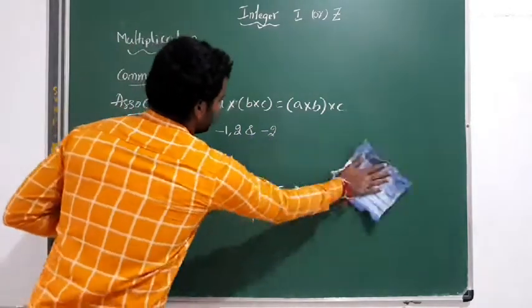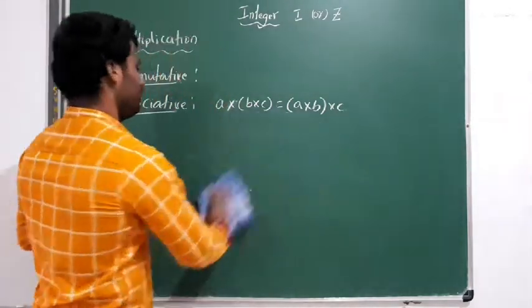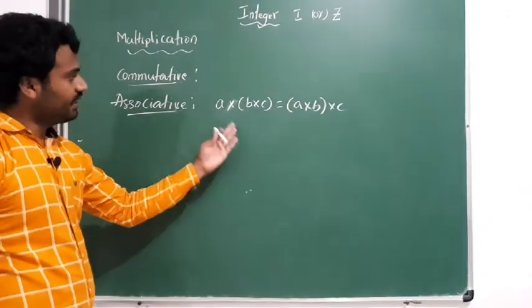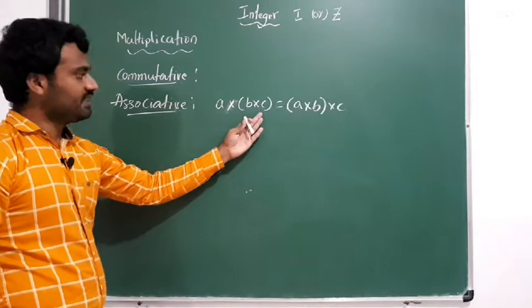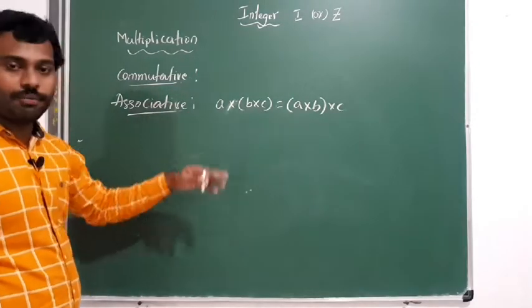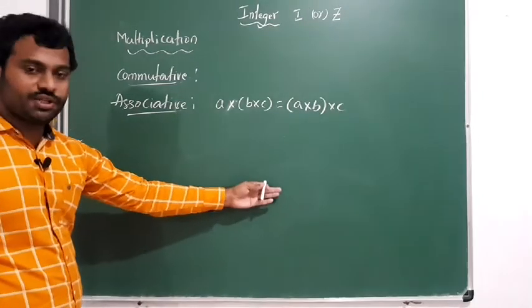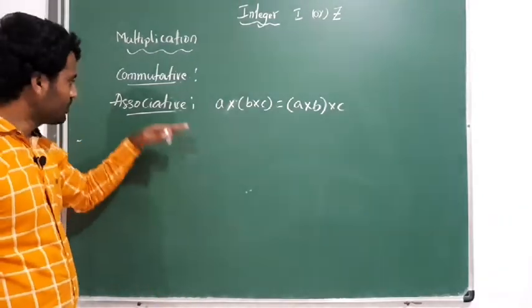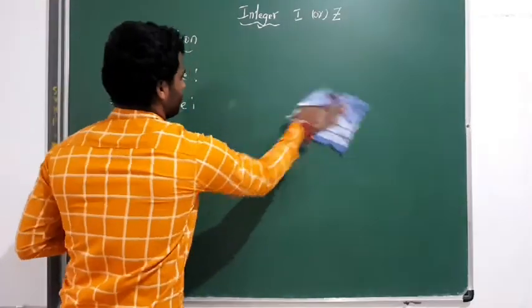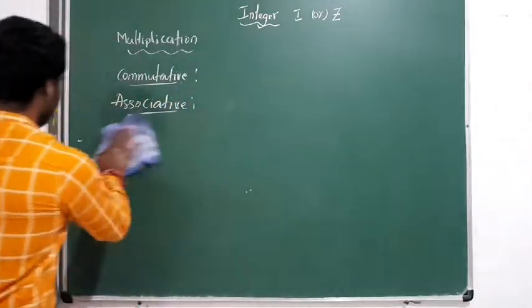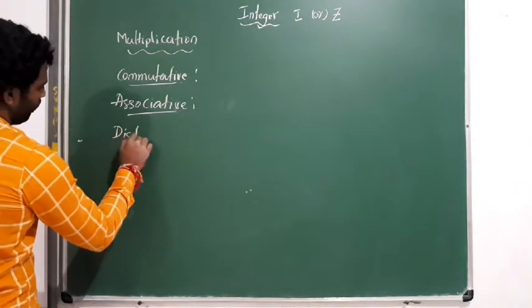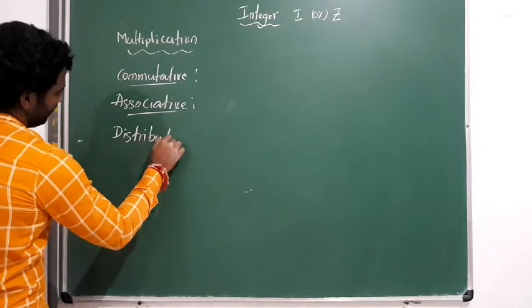Associative property is also satisfied. Not only this example, in general you can take any three numbers and apply it. This is the general form for the associative. Even for commutative also, you can take any type of numbers and apply. Associative property and commutative property will be satisfied for the general form. Clear?